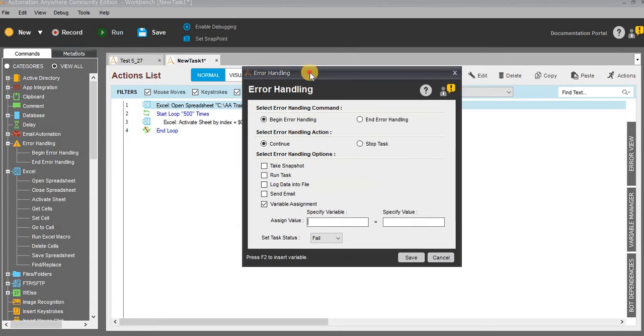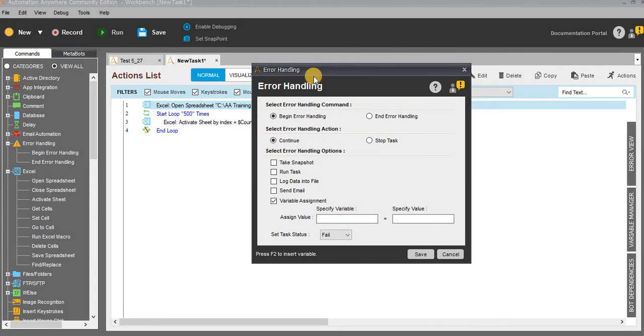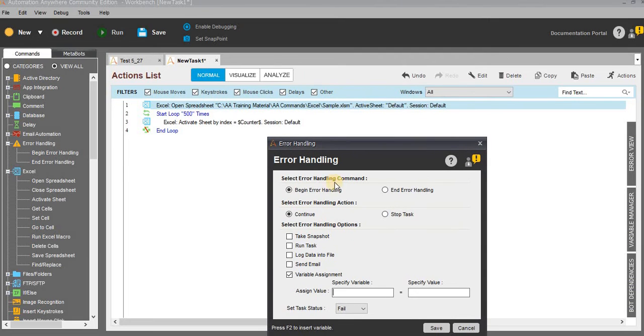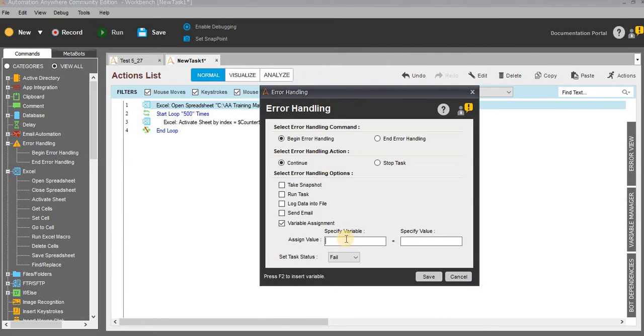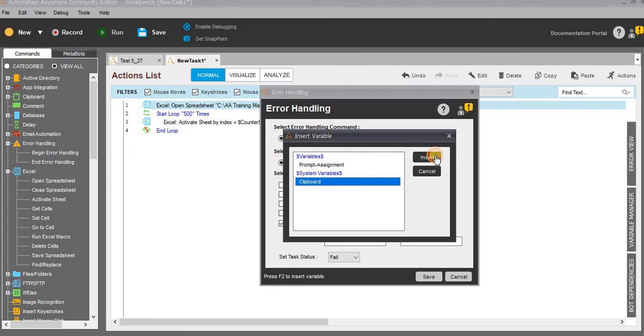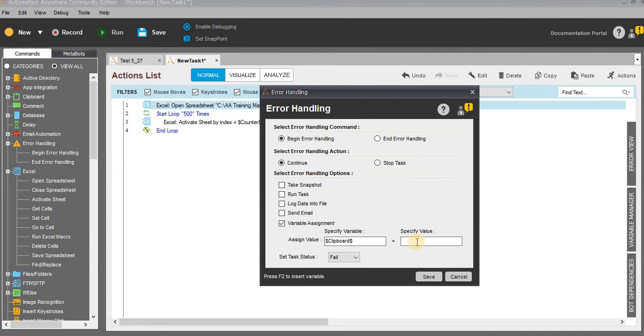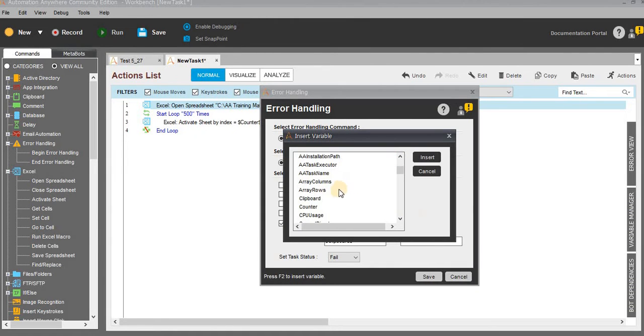In my case, I can assign anything. So in the clipboard I will assign the error description. If you want you can assign it, or else just leave it.